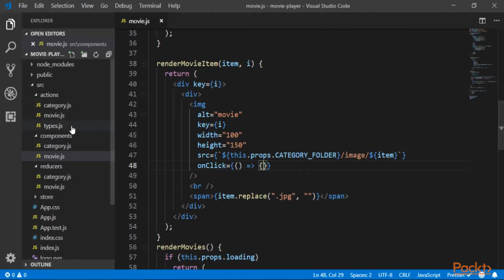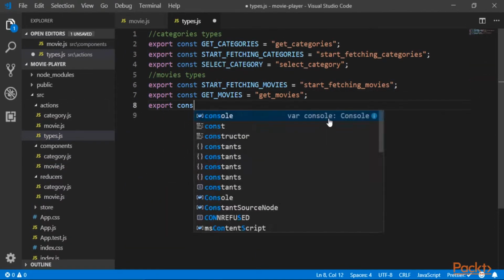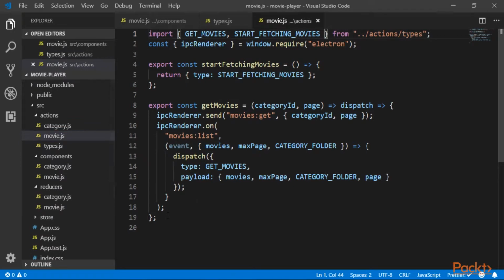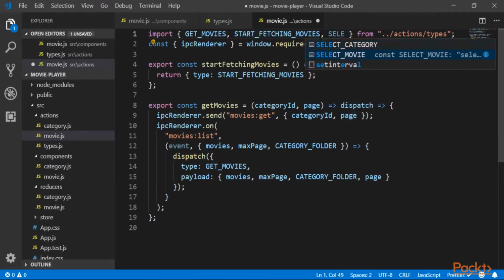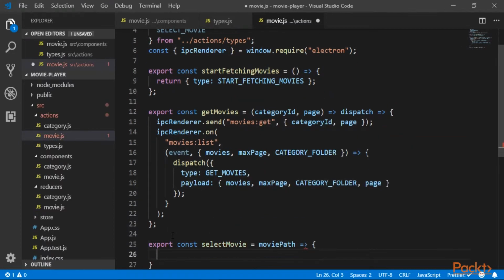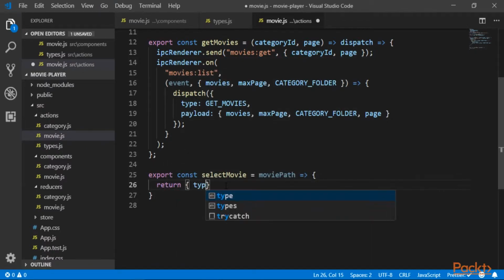And to do this, we'll set up first the Redux side. So I'm going to go to types and create a new type. So we're going to select a new movie, and to do that we need an action creator. So I'm going to create one. First of all, let me import our new type. This action creator will get the movie path and return an action with a type of select movie and also payload